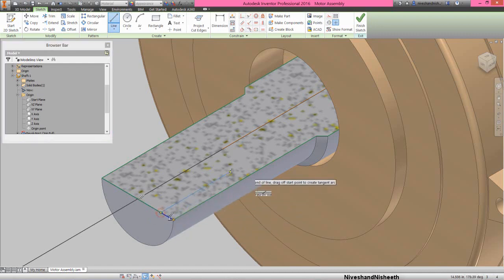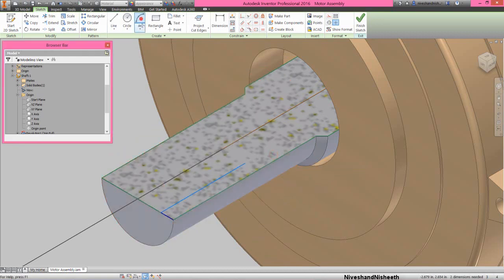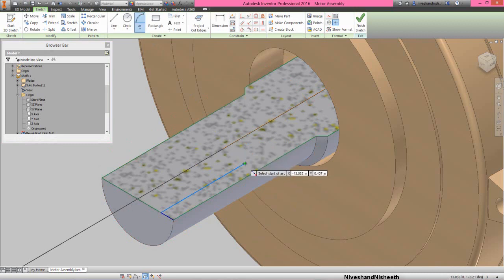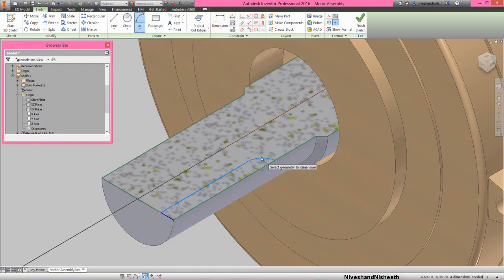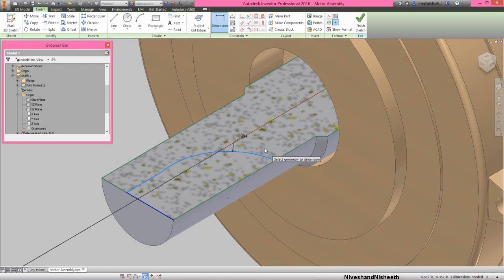Now we will create a sketch look like this. And apply the dimensions on here.